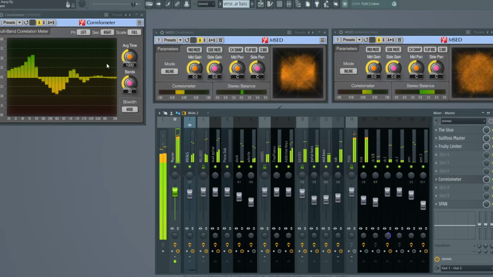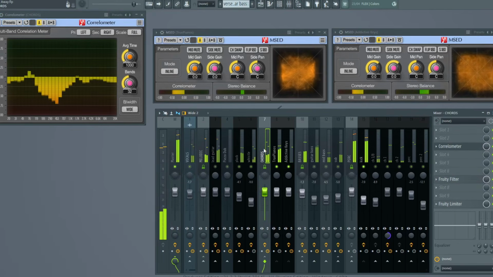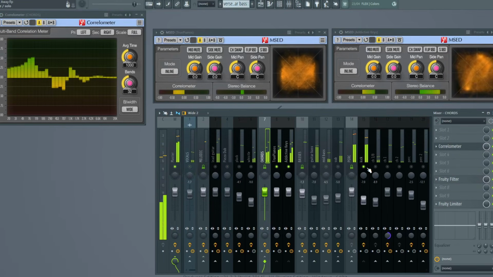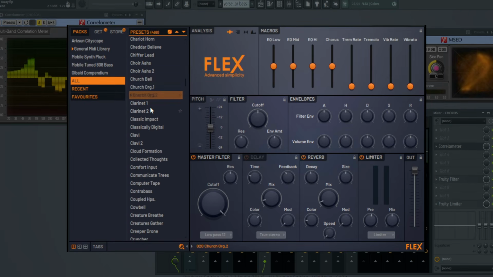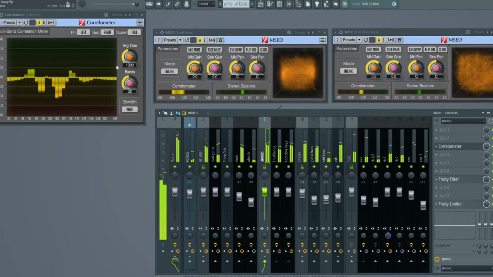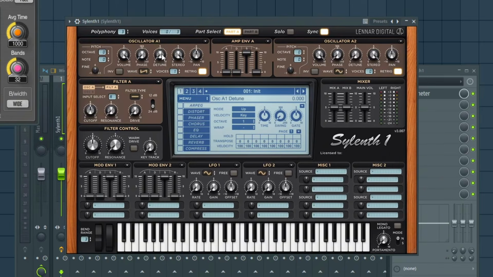Other options to fix this issue are to use it as a background thing instead of a lead sound. Now this is the most important one. Go back to sound selection and choose a sound that has a similar vibe but is more mono friendly. Remember, I can't stress this enough. Last but not least, you can change the voicing, the tune and stereo settings of the preset inside the plugin.